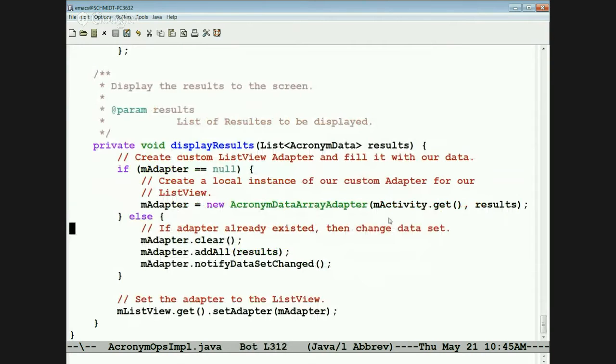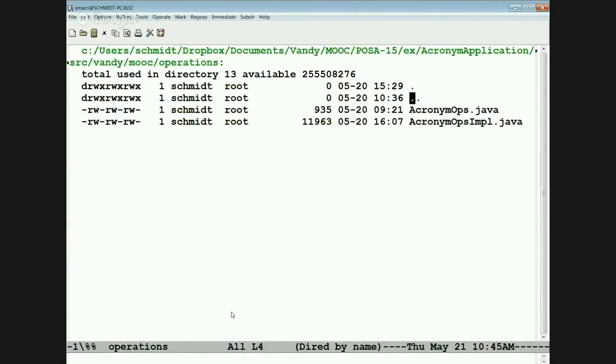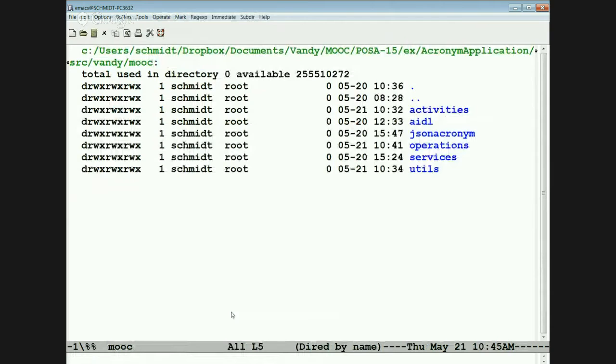Here's a display results method. It's very simple. All it does is take the results and put them into this acronym data array adapter, and then it goes ahead and sets the adapter, and that will then go ahead and display the output. And if you look at the output, I think it tells you something like the frequency with which these acronyms have appeared, the acronym itself, when it was defined, that kind of stuff. So that's the information that you get. Okay. So that's basically the